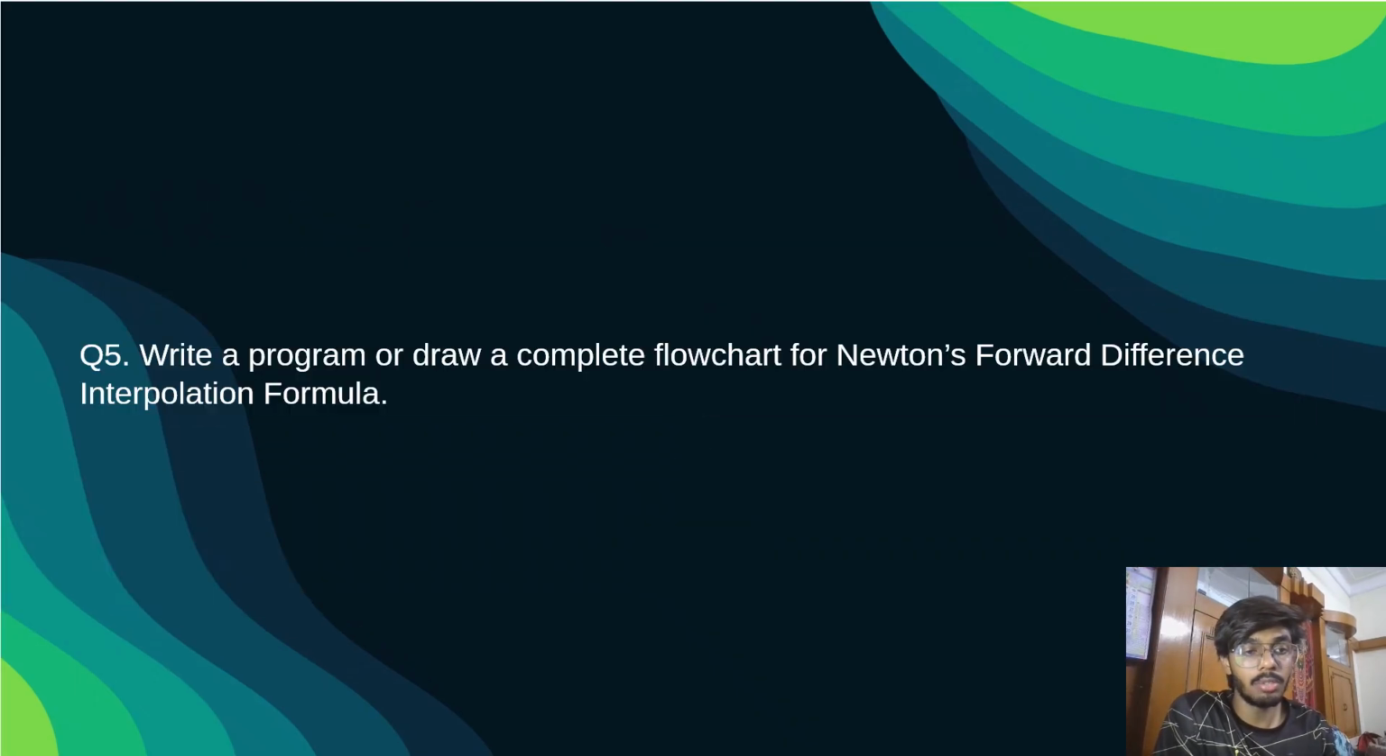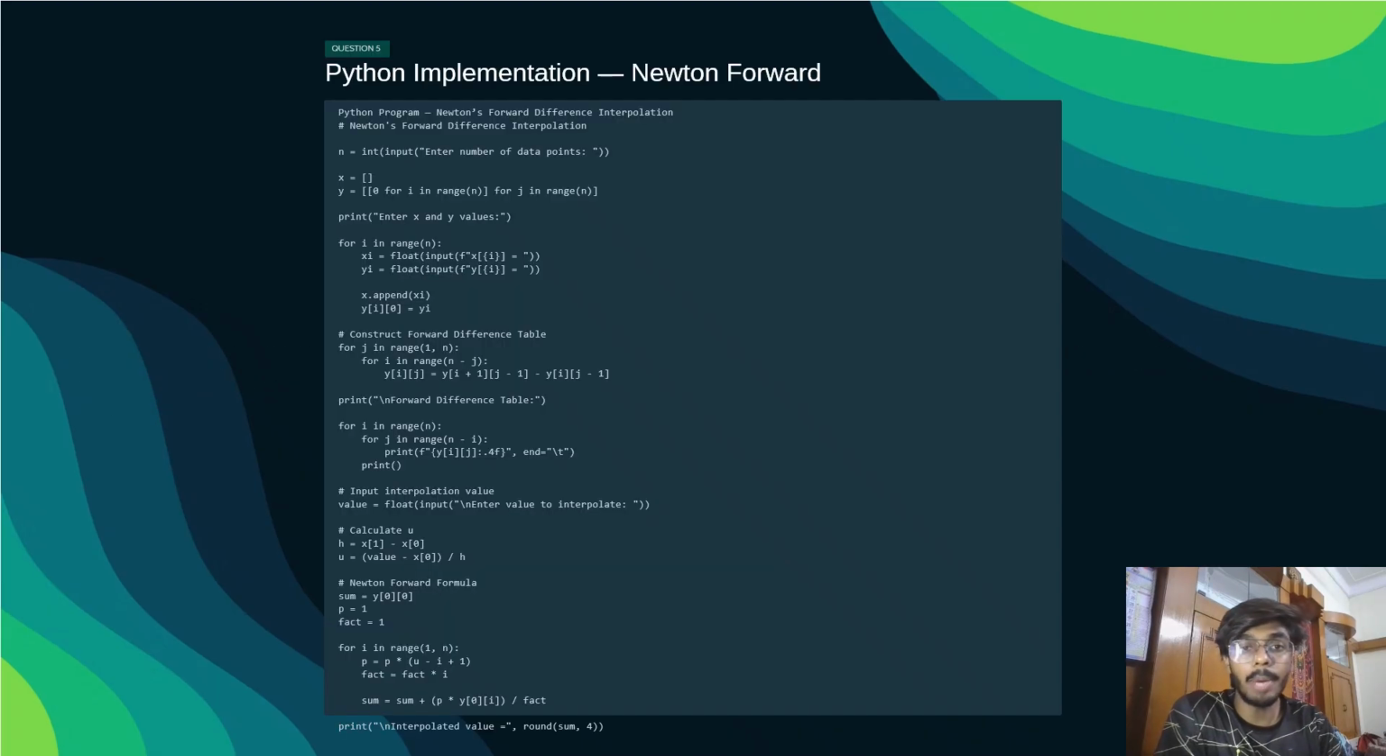Now the next question we have is write a program or draw a complete flowchart for Newton forward difference interpolation formula. In the first question, we used interpolation for Newton's forward difference interpolation formula. Accordingly, we have a Python implementation of this forward difference formula. In this program,